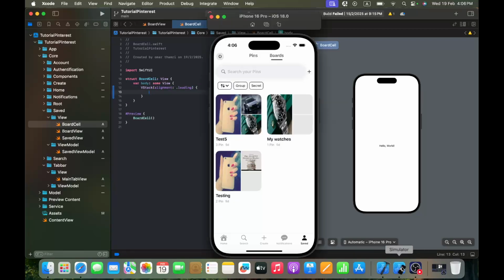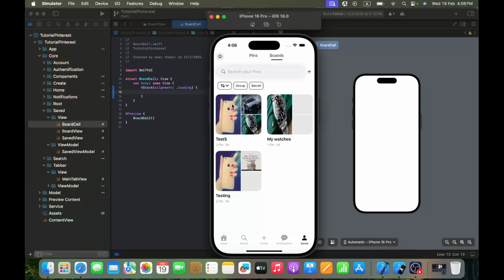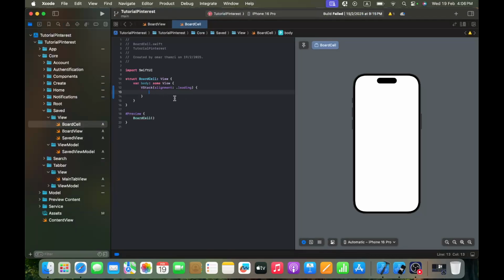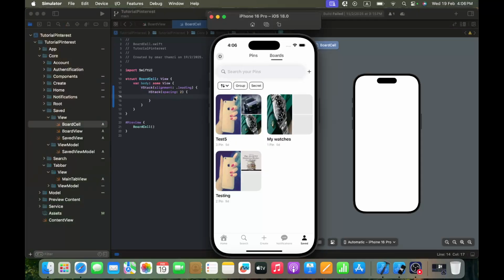Okay, and inside this V stack, as you can see, this is an A stack that contains this image and the V stack of these two images. So we got an A stack with a spacing of 2, and this A stack contains first this image